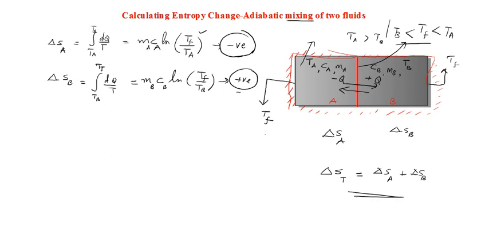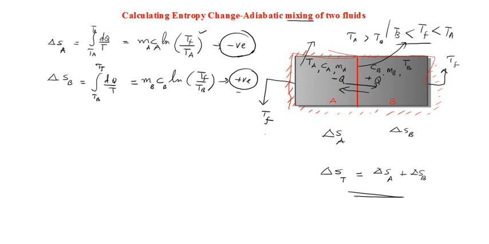But there is a problem here. The problem is that you usually know TA, TB, the initial temperatures of the two systems, MA, MB, CA, CB, but you may be unaware of what TF will be. So what do you do in such cases? You have to calculate TF first, and you know how to calculate TF, which we already discussed in the previous module, in mixing problems. Let me discuss it again for completion to remind you.